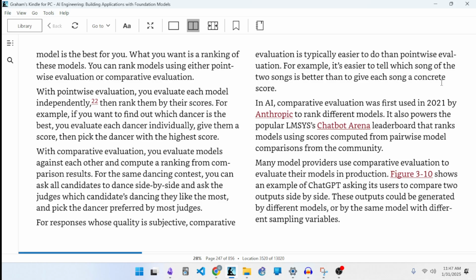For responses whose quality is subjective, comparative evaluation is typically easier to do than pointwise evaluation. For example, and remember the difference. Comparative evaluation is putting models side by side. So it's like a dancing contest where candidates dance, and then the judges pick which one they like the most. Point-wise evaluation is